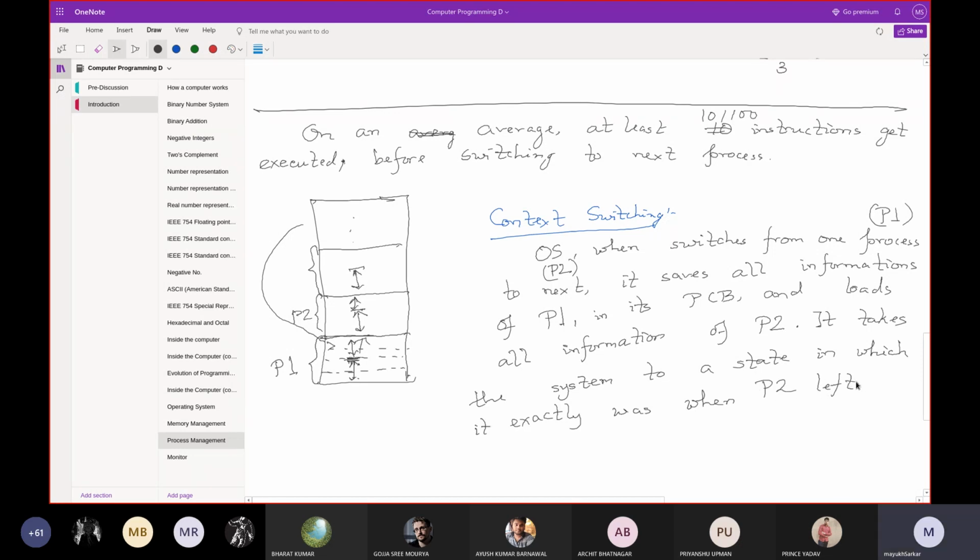So when P2 left, the state the system was in.